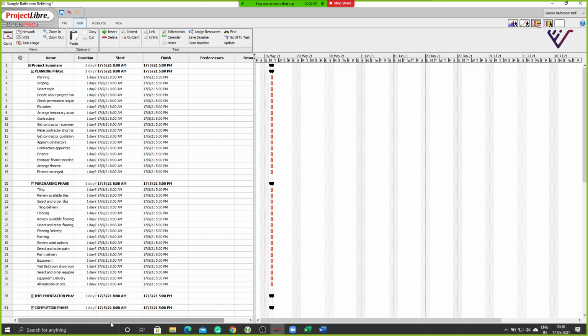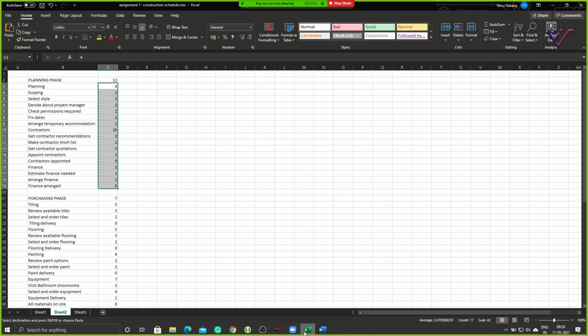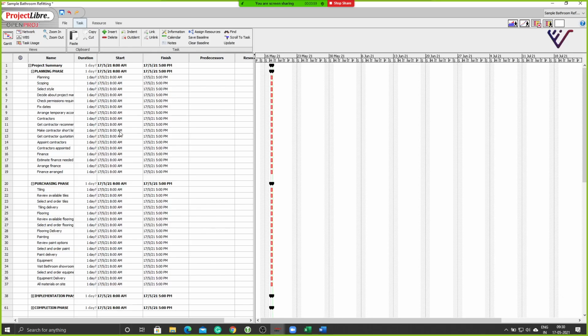But for now, let's add in more realistic durations. That also we had from our exercise. So I'm taking all of these, from planning to finance arranged, and I'm going to come back to my project library file here and add all the durations here.